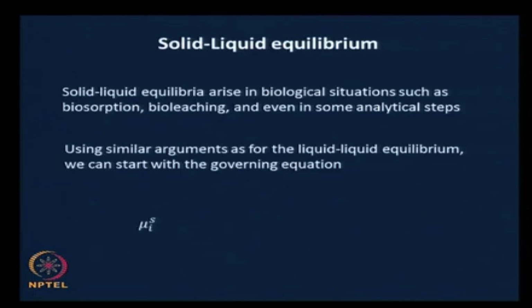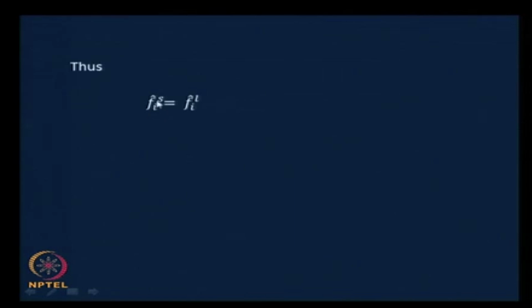So, if we use that, then we come across the condition that the chemical potential of the component i in the solid phase must equal the chemical potential of the same component in the liquid phase. This could be, for example, chromium or cadmium that is distributing between the wastewater and the biosorbent that is used to remove this particular metal. So, mu i in the solid phase equals mu i in the liquid phase, and if we expand it in terms of the fugacities, the terms will cancel, and what we are left with is the fugacity of the component i in the solid phase, f i S hat,